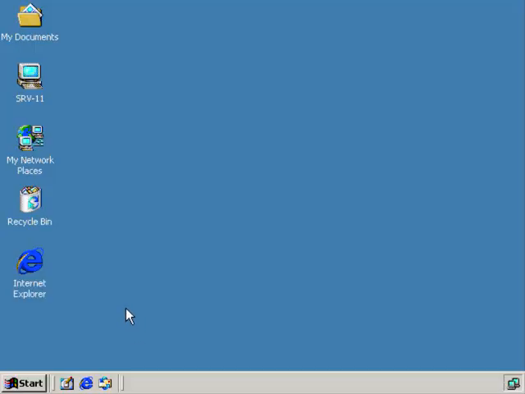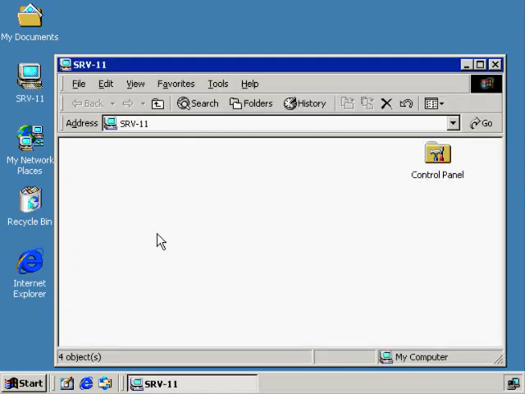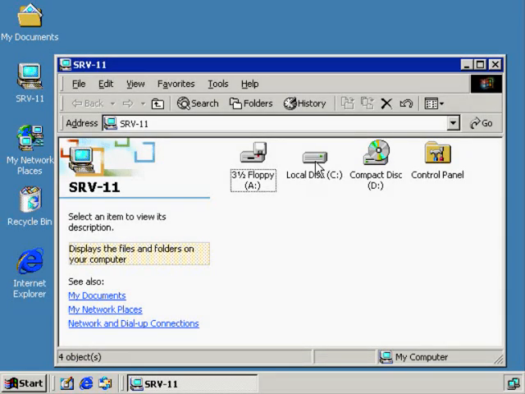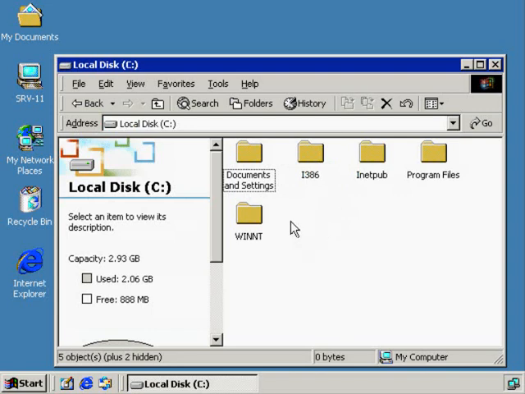Okay, so now we're sitting over here on SRv11, and the first thing we want to take a look at is, let's go check and see if the Active Directory database file is there. Okay, so that's located, if you recall, on the C drive within a Win